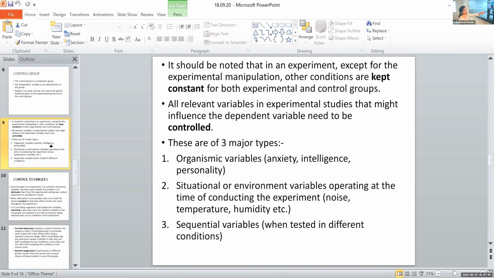So I told you, when we considered the example on music therapy, the experimental group is placed in a similar room as the control group. So both of them have similar situations except for the music therapy. Both of them have rooms with the same lighting, same temperature, same humidity, and all other factors are similar in nature for both the groups. But the only thing that differs in the experimental group is the music therapy, or the independent variable that we have applied.